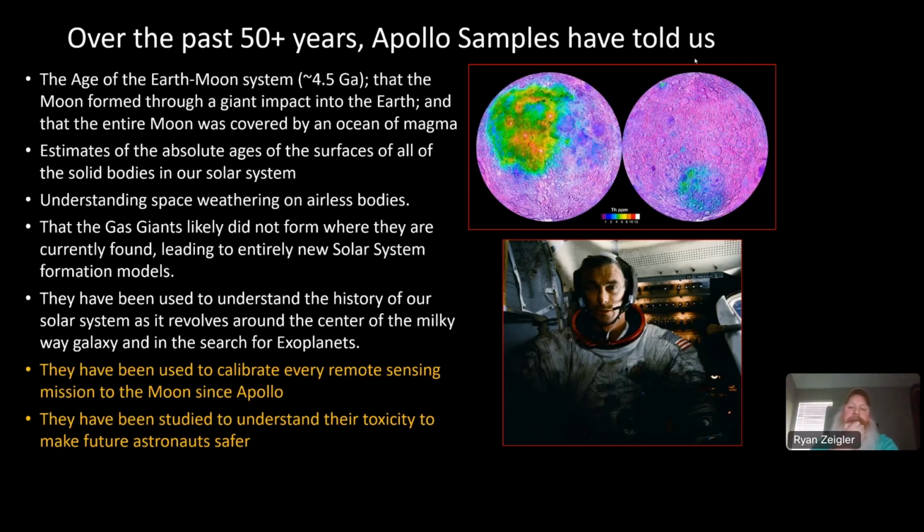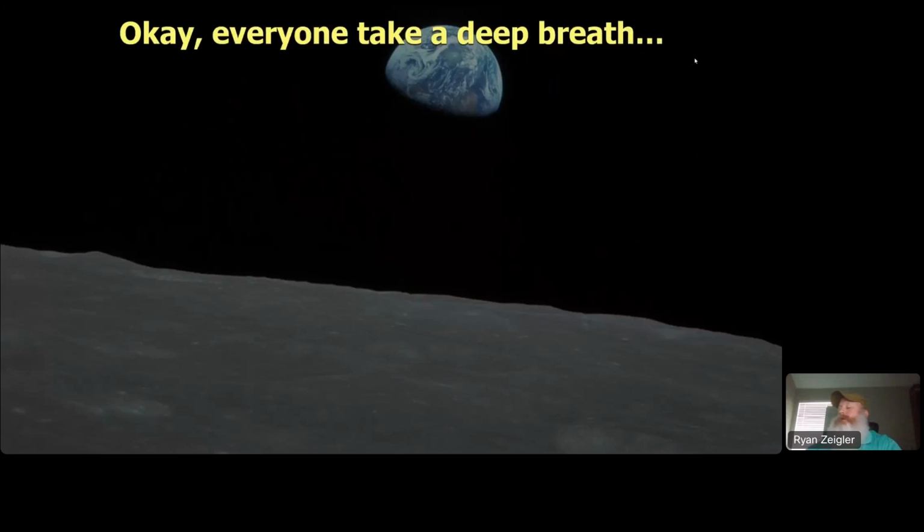And we're also using it to get ready for future missions. Here you see a picture of an astronaut covered in dust. Turns out that dust is not great to breathe in. So as they get ready to go back for Artemis and, longer term, eventual habitation of the moon, understanding how the dust affects people is important. And this is one of those things where a simulant doesn't really cut it, and so you need the samples themselves. Okay, so that's the first half of the talk, which took more than half the time.